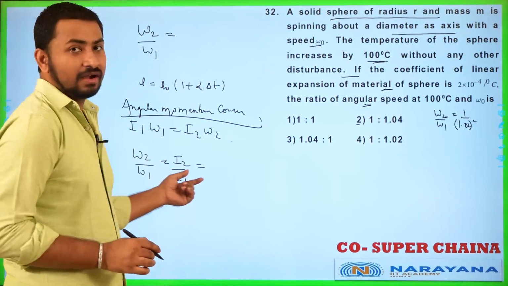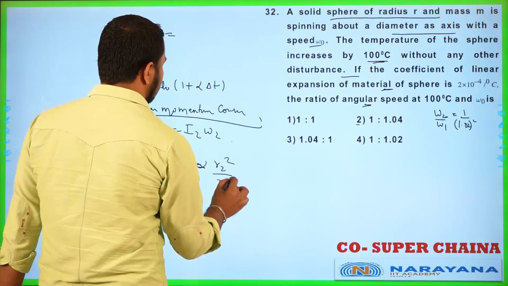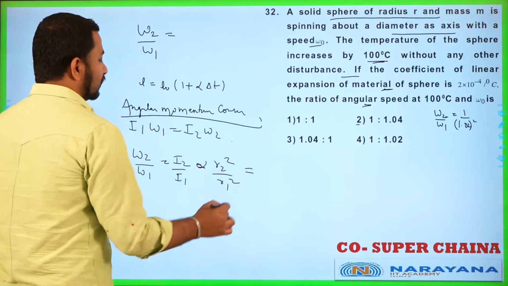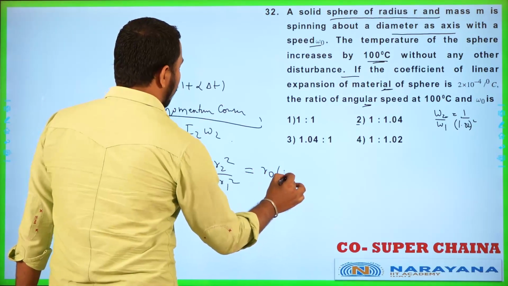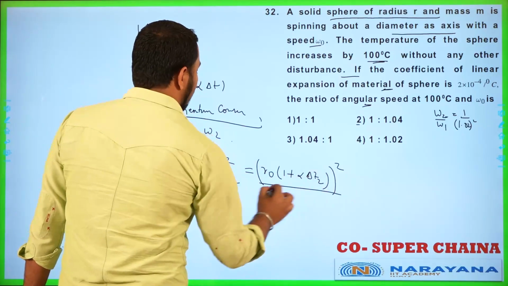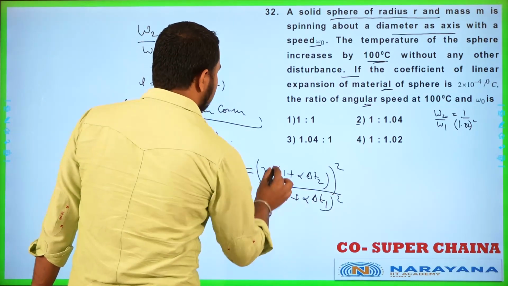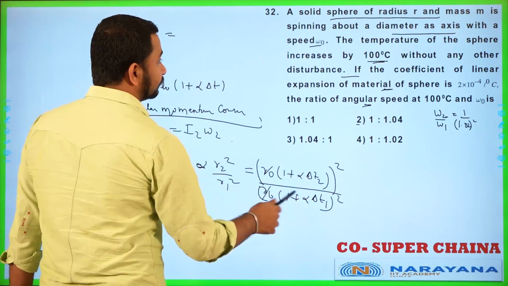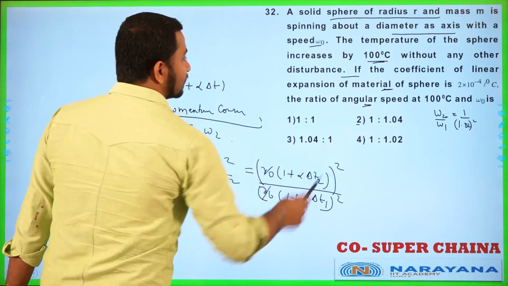It will be R2 square by R1 square. I will be directly proportional to R2 square by R1 square. So this ratio we can take, right? So just do the ratio. R2 can be written as R0 into 1 plus alpha delta T2, whole square, by R0 into 1 plus alpha delta T1, whole square. So this R0 will be cancelled out anyway, and if you do the substitution here, initially we are taking it as normal, and the second time it is changing to 100.